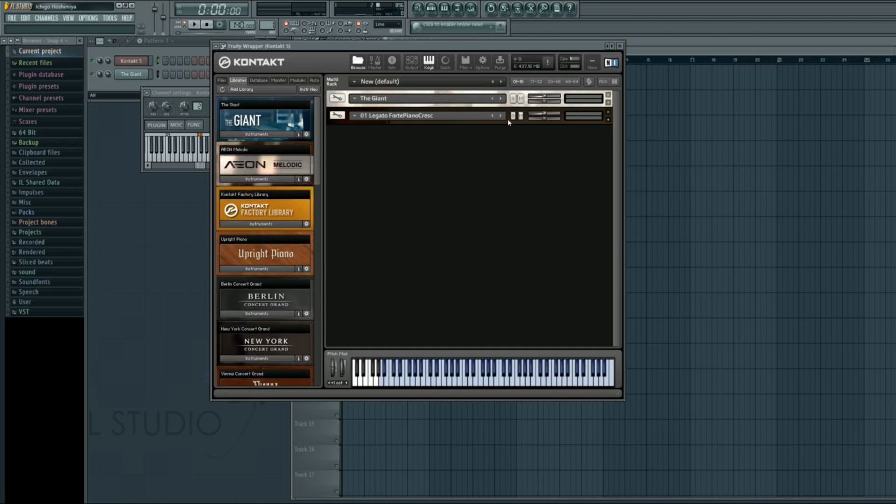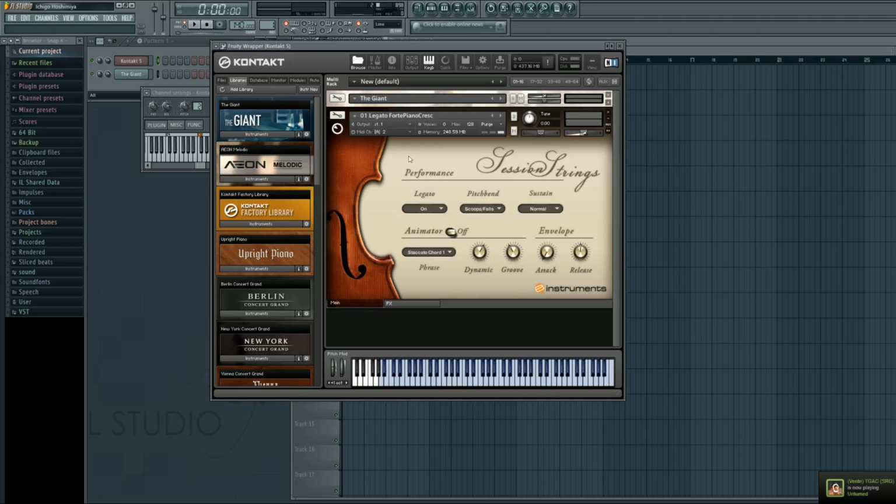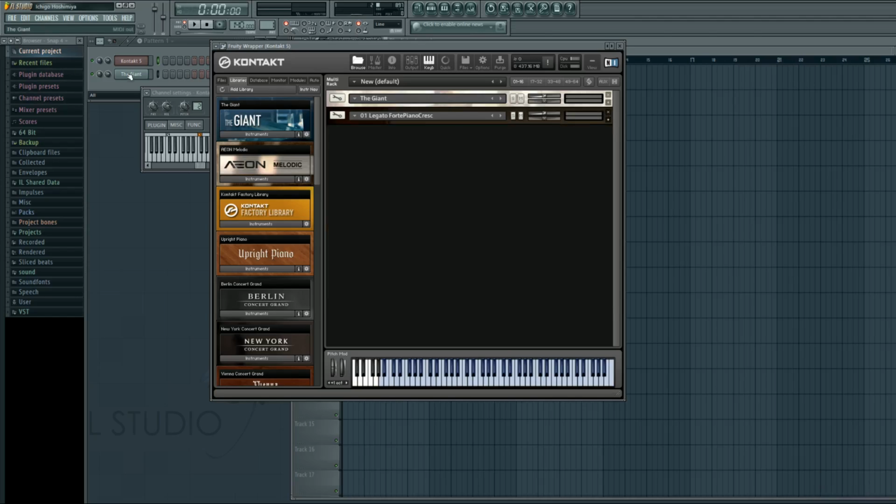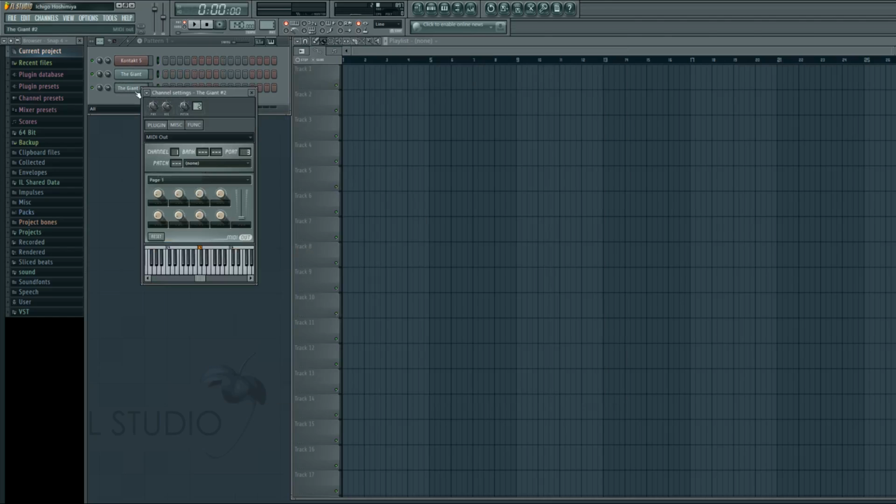If we were to load that up, it would automatically, if we expand it, be assigned MIDI channel 2. So what we could do to quickly get that set up is we could just clone the Giant channel, rename it session strings, and change its channel number to 2. And now, if we play on this one,